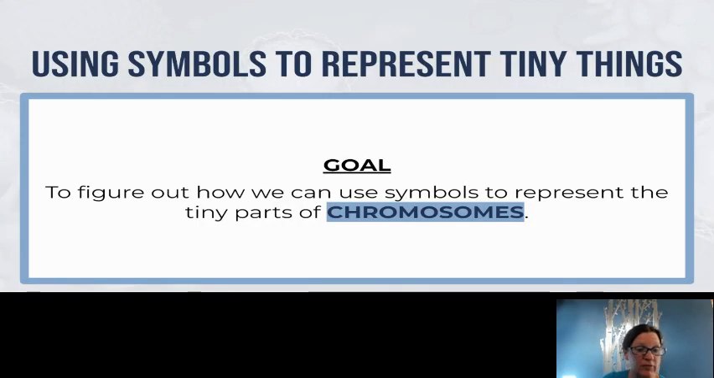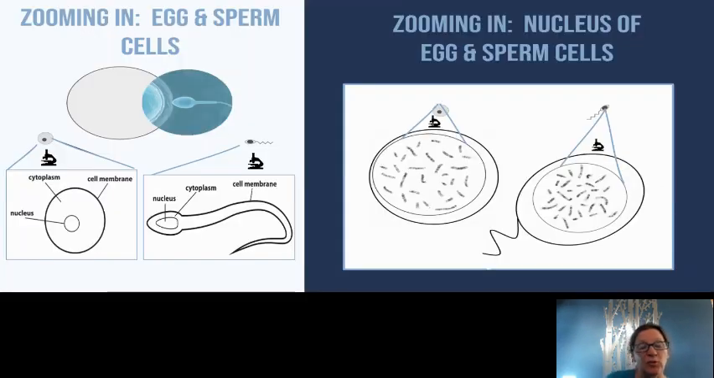In this video, we are going to be figuring out how we can use symbols to represent the tiny parts of chromosomes. So we have already figured out that when you zoom in on the nucleus,